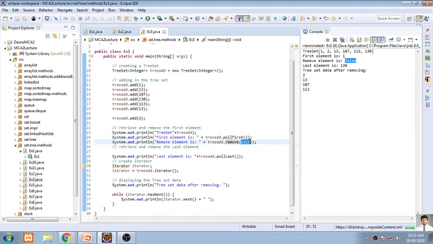But the remove function in tree set requires some parameters, some values. If I'm saying one number, it will directly go for the value of one. If I'm saying 113, it will go for the value of 13. So removing an element is somewhat different compared to pull first and pull last. Here we are following some algorithm. There, there is no algorithm. It is just directly deleting the element from your tree set. So are you getting it? Yes, sir. Okay.